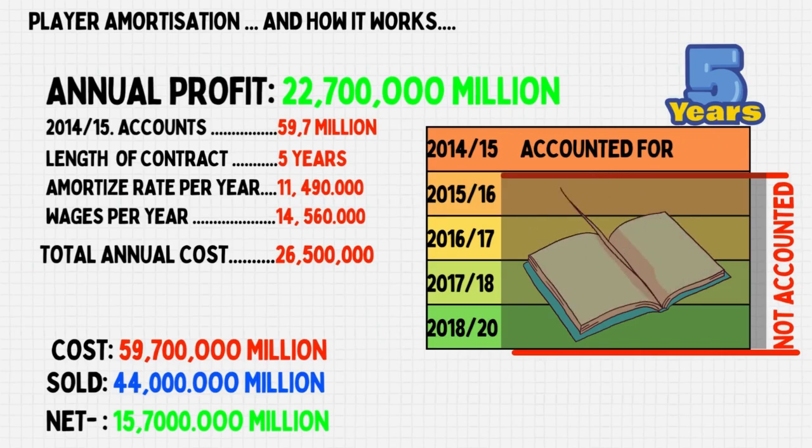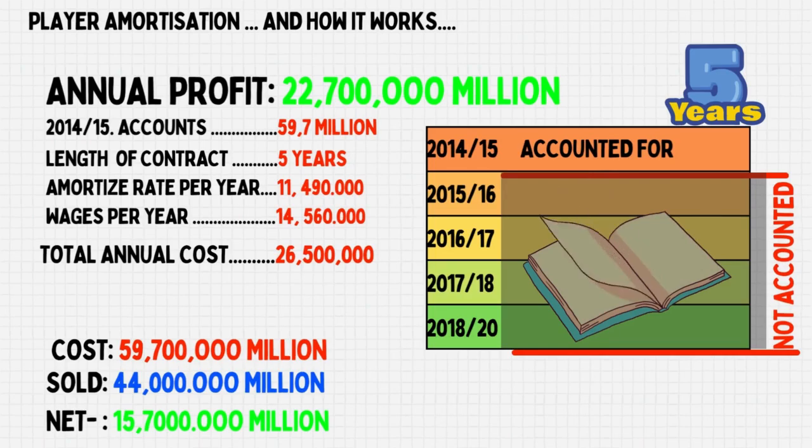Let's say the player's wages were £280,000 per week, or £14,560,000 a year. The club adds this cost to the player's amortized transfer fee, which works out to the player costing the club £26,500,000 per year. If the player was sold 1 year later for £44 million, the club can only account for